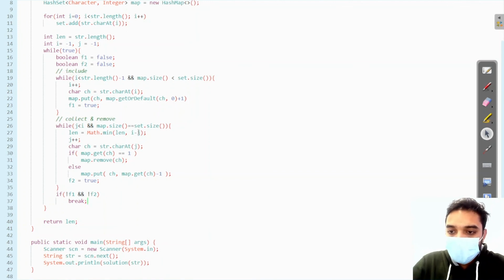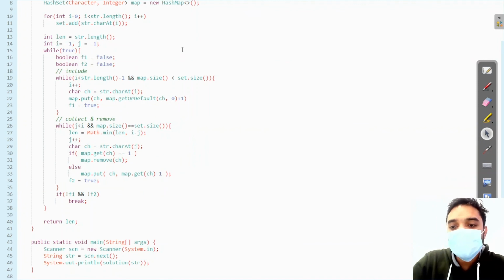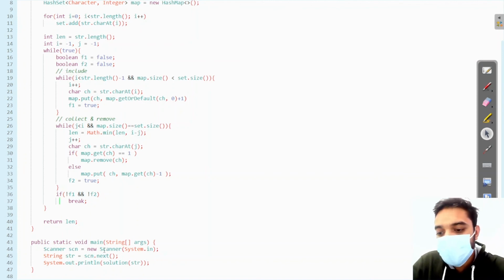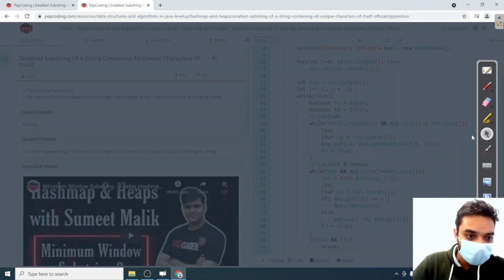Because if my code is not getting inside either while loop, that means our work has been finished. If both of them are false, then I have to break and come out of the while loop. So let's try to run this and see if there are any errors.